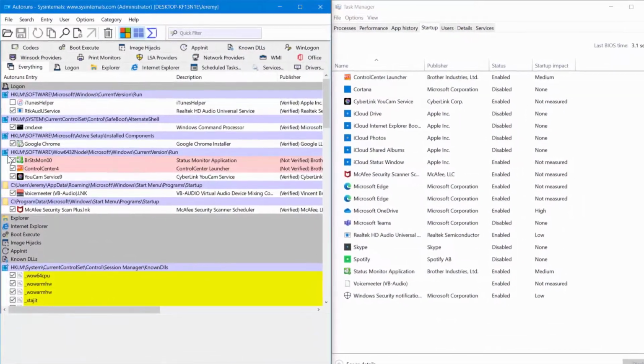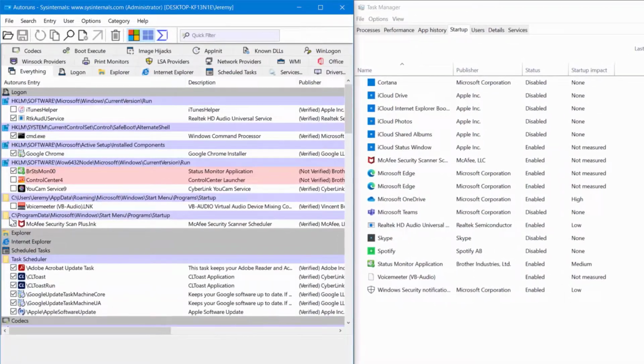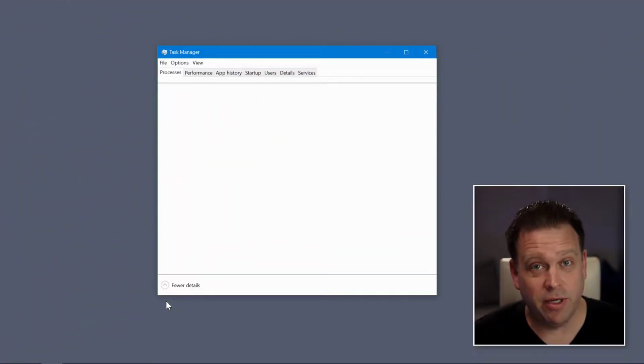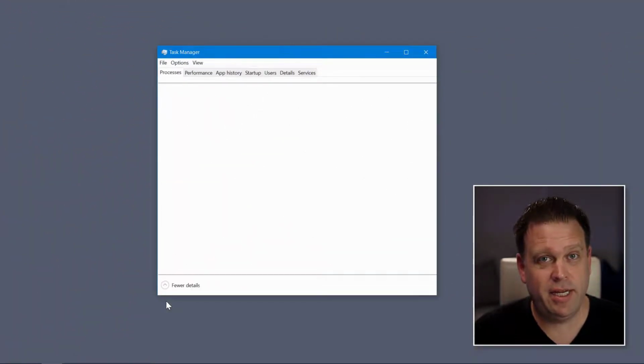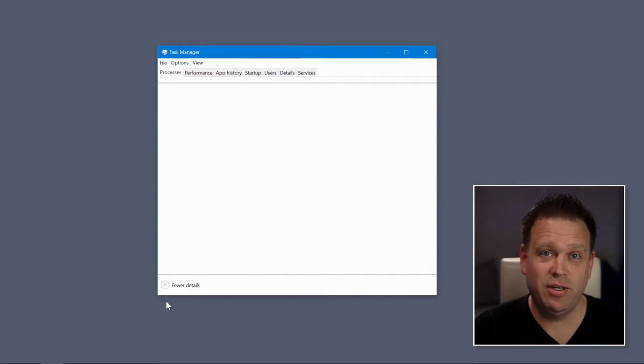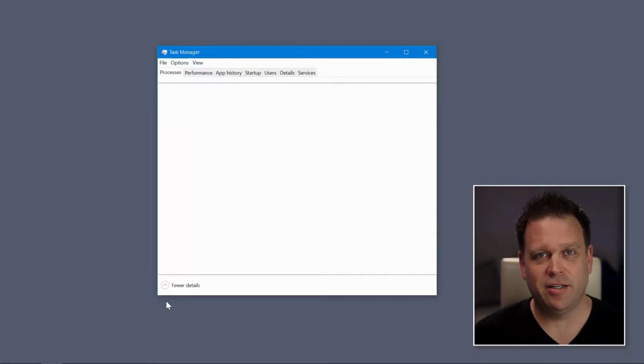And it goes beyond what you can see in Task Manager, because I'm going to show you another free tool that you can use that makes things a lot better. So let's go. Okay, so I'm going to start with the tool that probably everyone knows and uses today, which is Task Manager and the Startup tab, just to give you a comparison of what you can do there versus what you can do in the tool that I'm actually recommending, Sysinternals Autoruns. So let's take a look at what we can see in Task Manager.